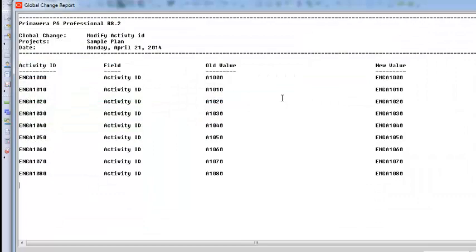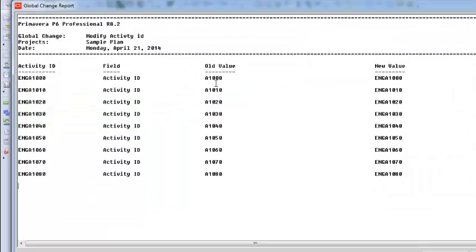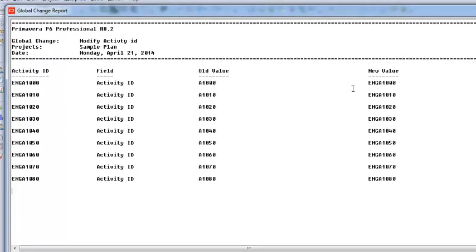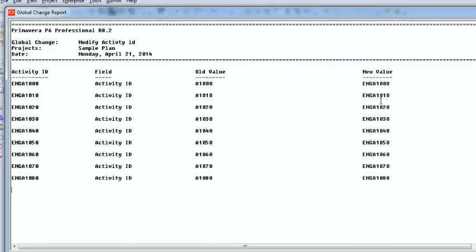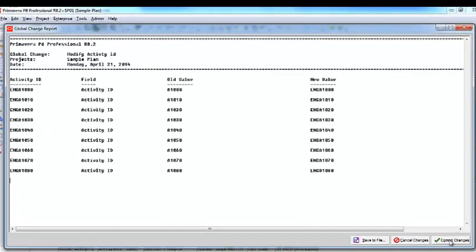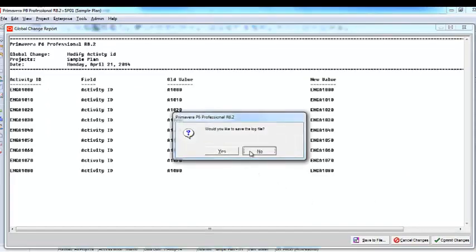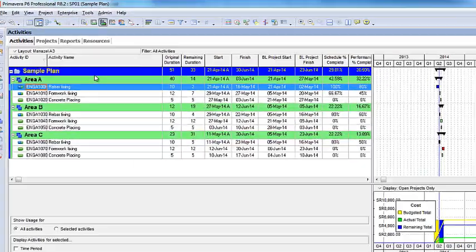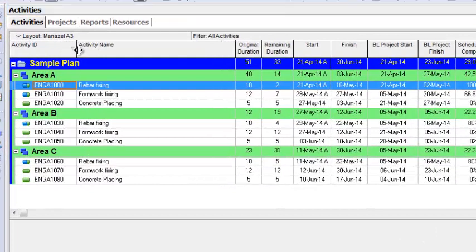apply the change. Now it is showing me that before, the activity ID was A1000. Now the new ID is eng A1000. Before it was A1010. Now the new activity ID is eng A1010. I will commit the changes, close. Now you have seen that the activity ID of all the activities in my project are changed in one